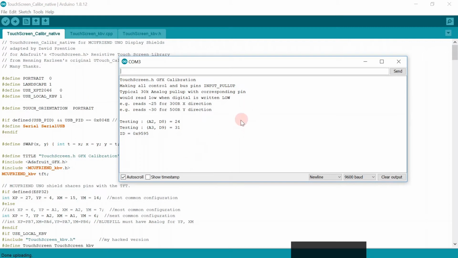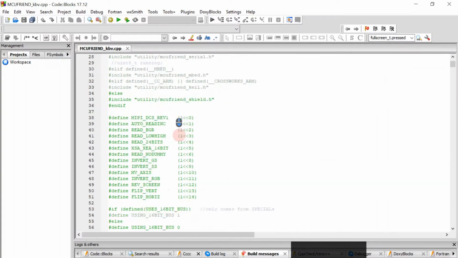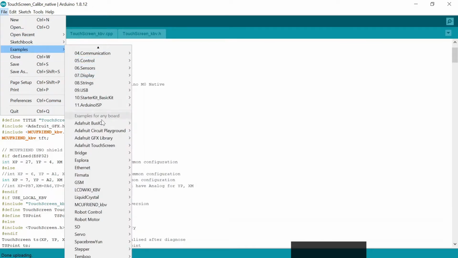If it doesn't work, it is because there is a file in the MCUFRIEND library that defines support for different screens or drivers or whatever it is. It's this file. It is located straight in the MCUFRIEND library folder, the CPP file, and it defines support for different screens. So let's just run an example,